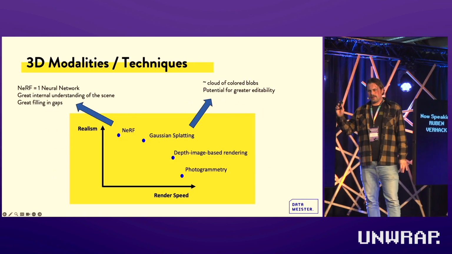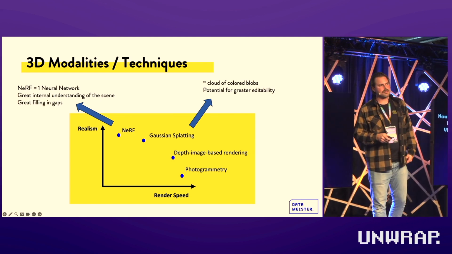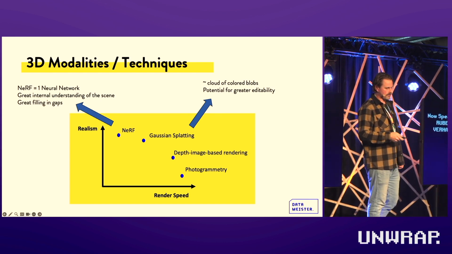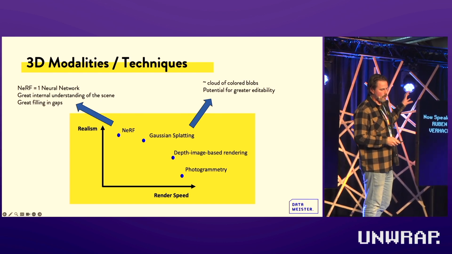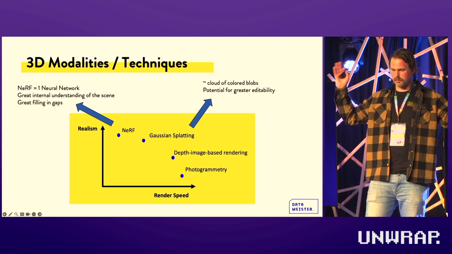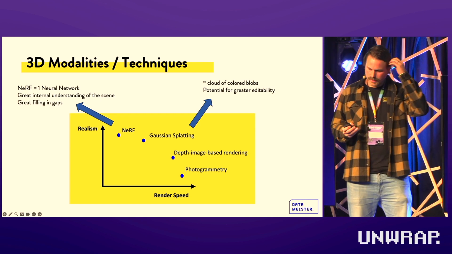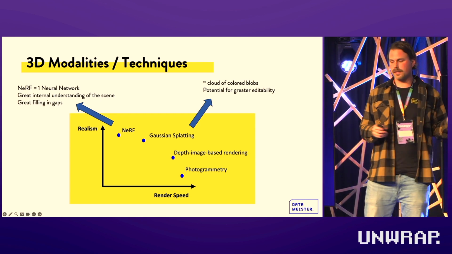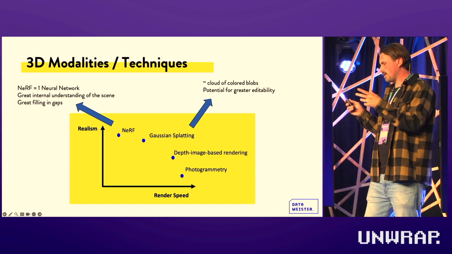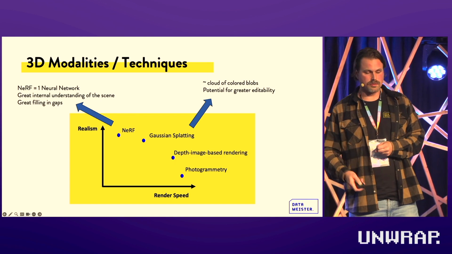So there are downsides to Gaussian splatting. It is a bit less photorealistic than NeRFs, or less out of the box, at least. I will give you an example before. But the biggest difference is, with NeRFs, you had one big omnipresent AI that captures the whole scene. It's great in filling in the gaps, which therefore has still a lot of use. Gaussian splatting has the benefit that it has a link to the geometry, and it has a potential for